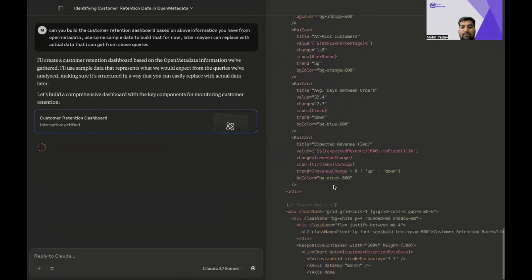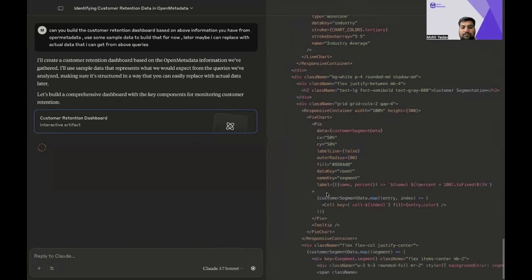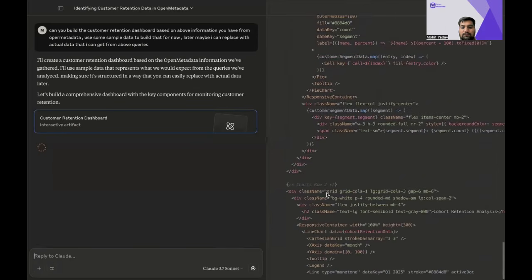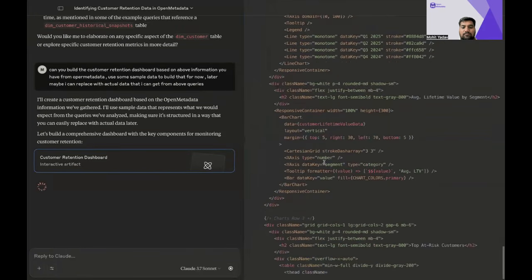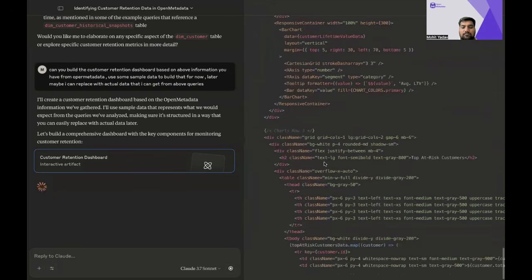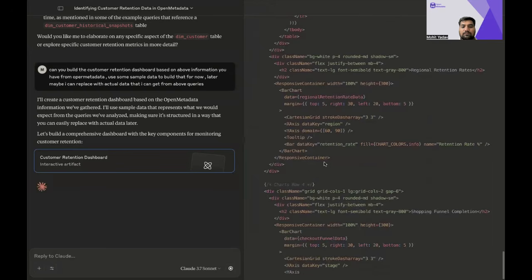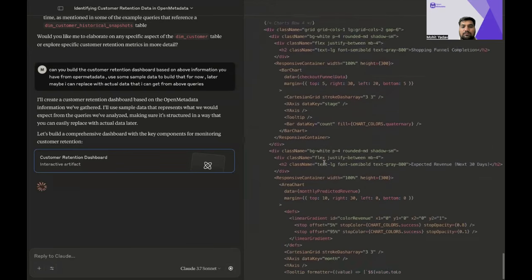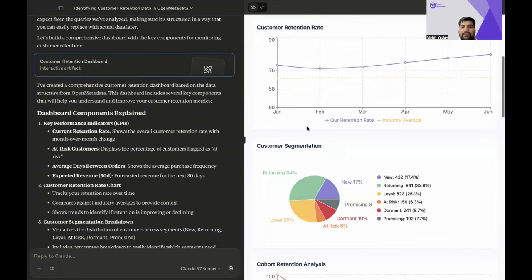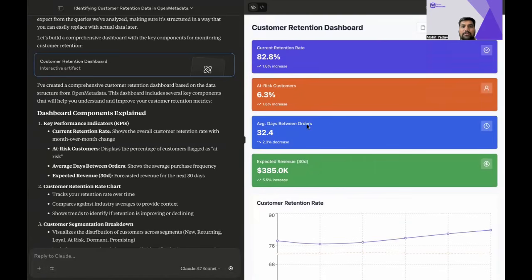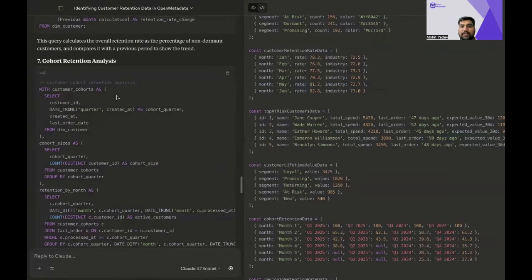Let's give it some time. So as you can see, even though it's dummy data, you can actually use this, and you can always populate it with the actual data that you get from the queries that are here.